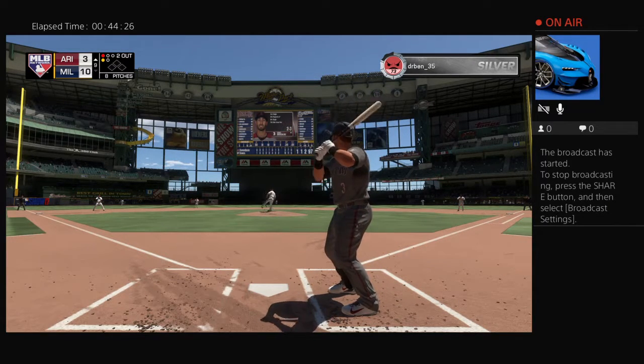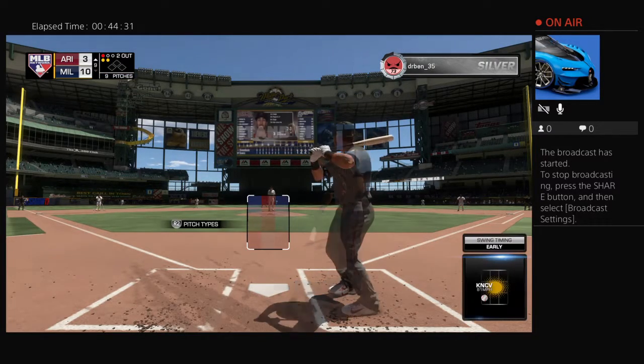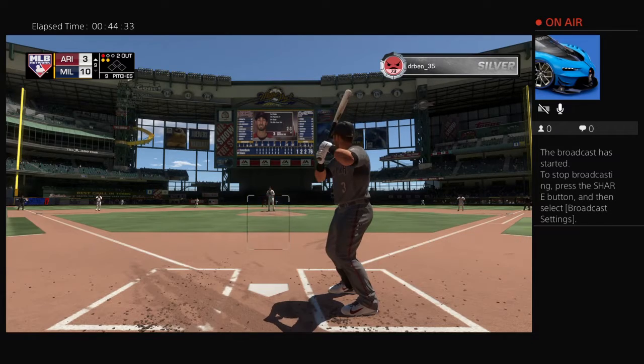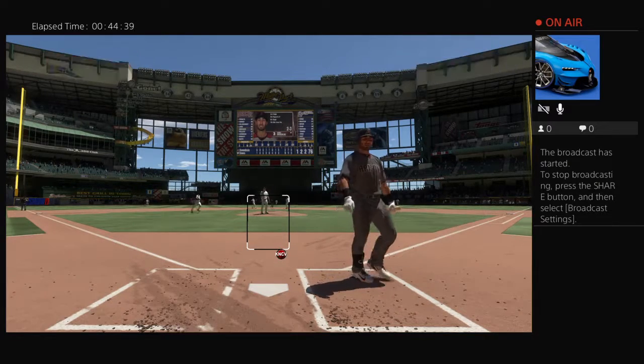From the windup, the 1-1 pitch. And this is swung on and missed, so the Diamondbacks are down to their final strike now. Here it comes. Swing and a miss. He struck him out, and that'll do it here as the